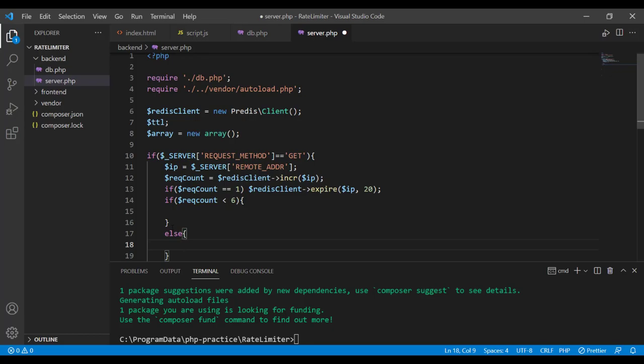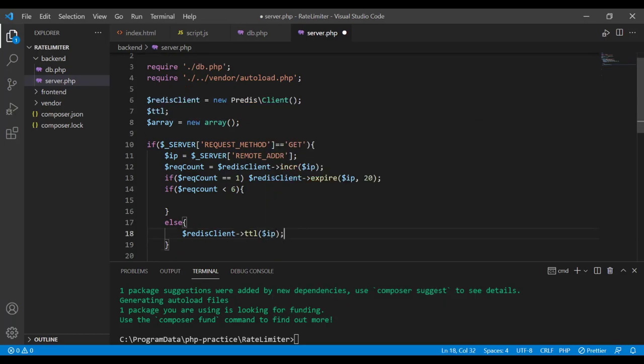So to do that, first of all, we have to figure out how much time has left to expire those 20 seconds. And for that, the Redis command that we can use is TTL. This TTL means time to live, and we have to provide the key for which we want to figure out the time to live. So we want to figure out how much time this key has to live. After that, this key is going to expire. And once a key is expired, its record is erased from the Redis database. So this is going to return us the number of seconds left before this key expires. And we want to store it in the variable TTL that we defined previously over here.